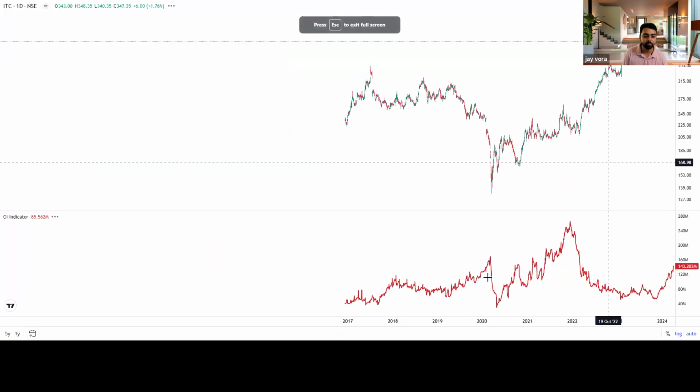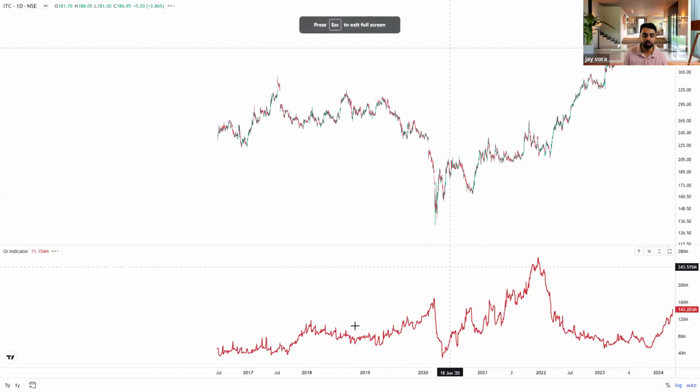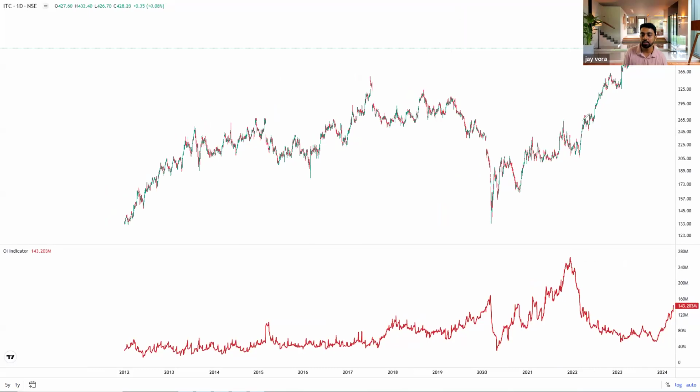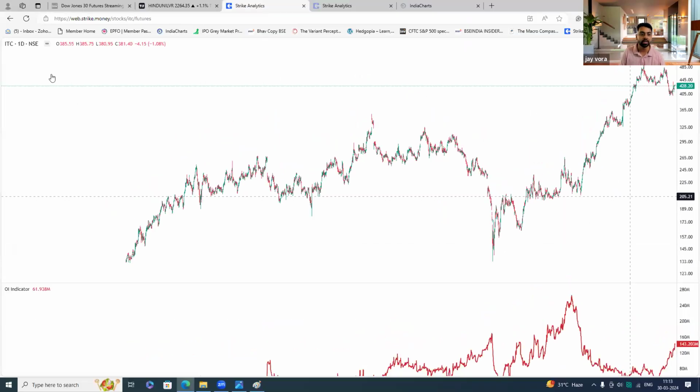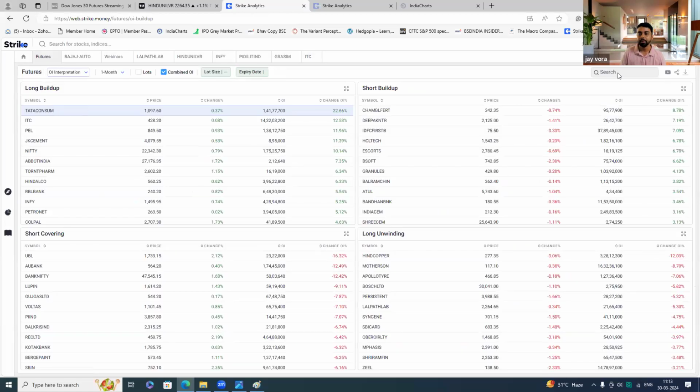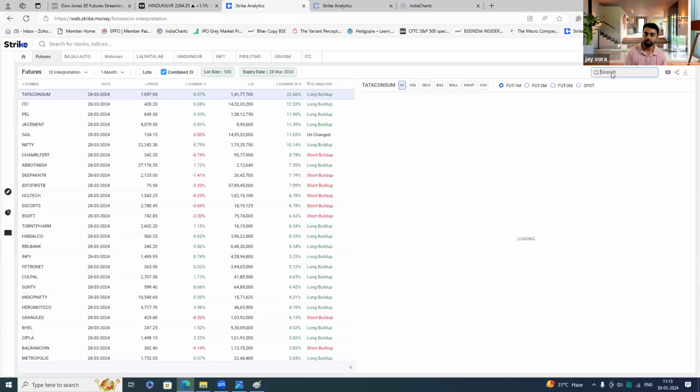If you see the entire history over here, you would have never seen open interest surging to this high. And eventually what happened was that there was a big short covering rally that played out. So the power of big short covering is huge. Like I told you, I had spoken about this at length. Even when you see Sun Pharma,